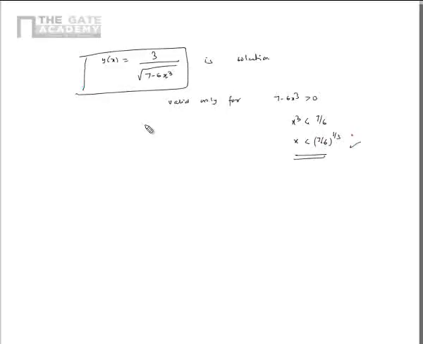So sometimes you always have to check for what domain, or what values of the independent variable x, the solution is valid. You can't say that this is valid for all, because otherwise the expression inside the root may become negative and so on. So this was all about the variable separation method, and we just took two very simple examples and tried to separate them. Now let's move on to method 2,